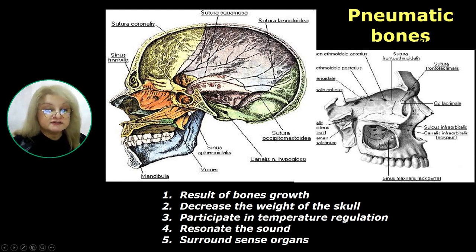Now, how do these cavities appear? The reason is the 2 stages of development. Bones grow in different modes. All bones of the body, plus the base of skull, undergo 3 stages of development, and they grow thanks to the cartilaginous stage. That cartilage helps to grow the bone in width and in length, and moreover,